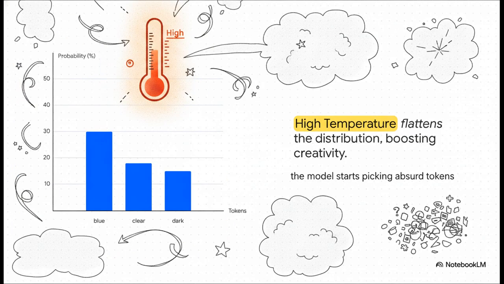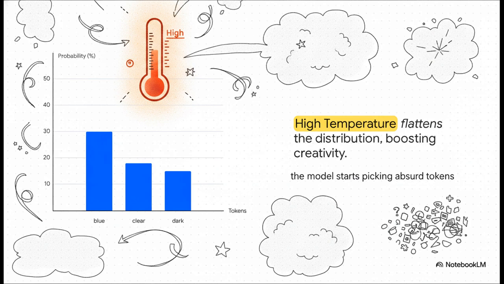But what if you crank that temperature dial up past 1? The math completely flattens out. Suddenly, blue drops down to 30%, while lower probability tokens like clear or dark become totally viable options. It introduces randomness. This math is exactly what we perceive as creativity when an AI gives us a super poetic